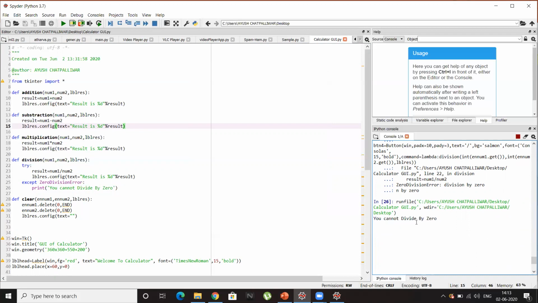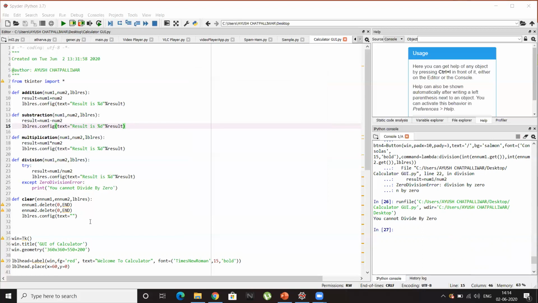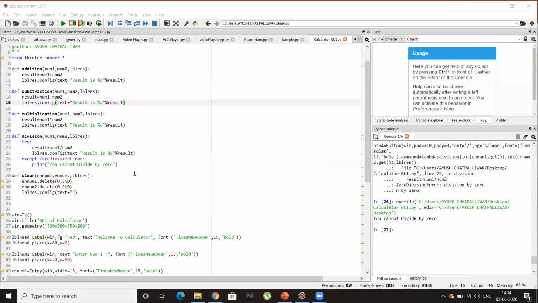So now what we'll do simply is, instead of printing this statement on the console, we'll print this statement on the window. Or I can say that rather than printing it on the window, we'll just give a pop-up message. So I think you guys know what is a pop-up message. Pop-up message means a small window will appear that will show an error, that there is a small error. So let's try to give this pop-up. It is very interesting, guys, so you will like this.